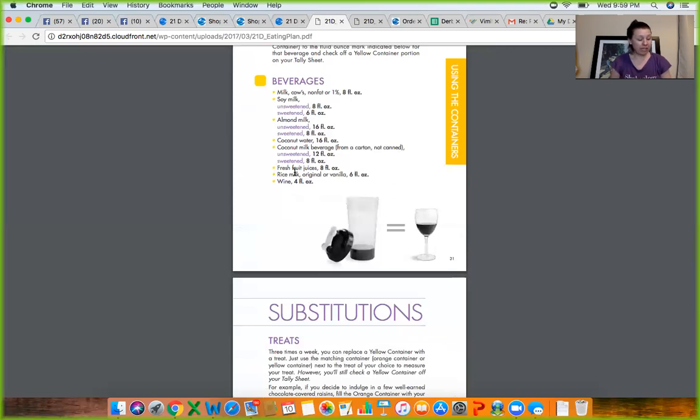Just remember, though, even if you're doing all that stuff and you still can't get it in, you've got to cut out your yellow containers first. So don't think, well, I can't get all my containers in, I'm going to skip a couple green today. Okay? It's really important. Your protein and your greens are the most important. There should be no ifs, ands, or buts on whether or not you're getting those in. Those are our non-negotiables, okay? And then you're going to be working from there. So you're going to be doing your proteins and your greens. And then, of course,